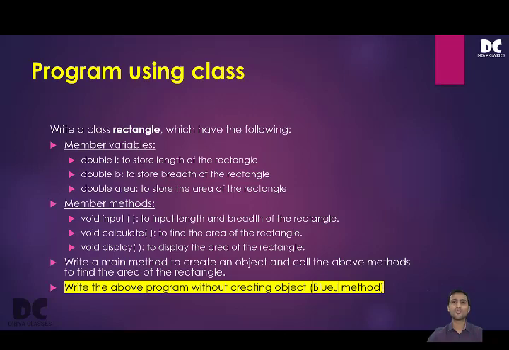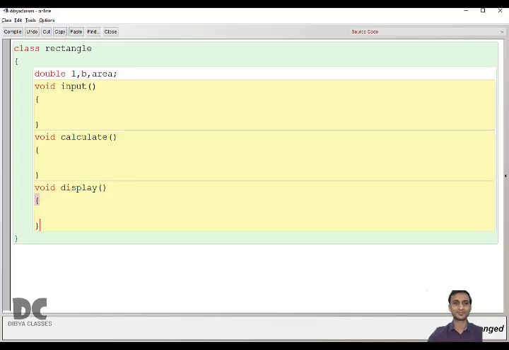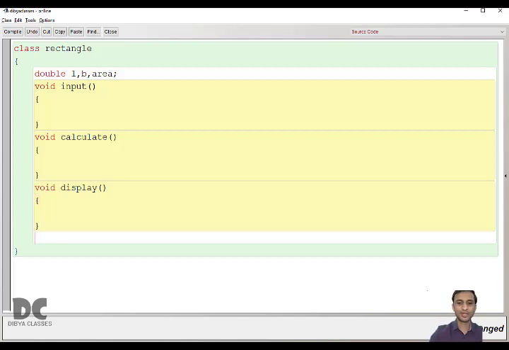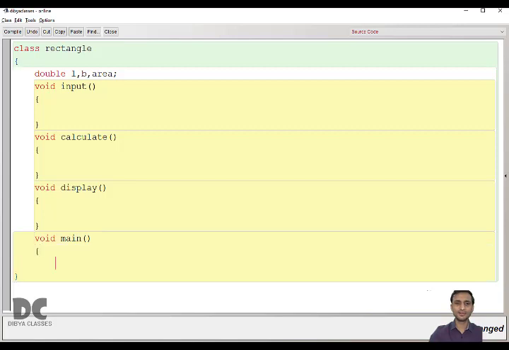So now we are not going to create objects. We are just going to call the above methods, which we are already doing in the function chapter. Okay. So we have void main and we will be using the void main to call all the other functions. So how to call other function? By the function name. We have already studied this in the function chapter.